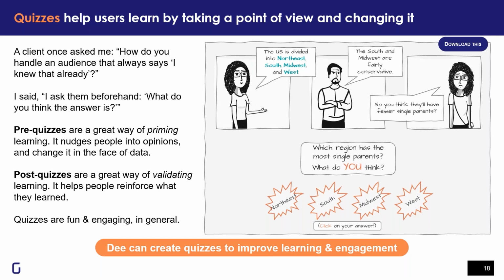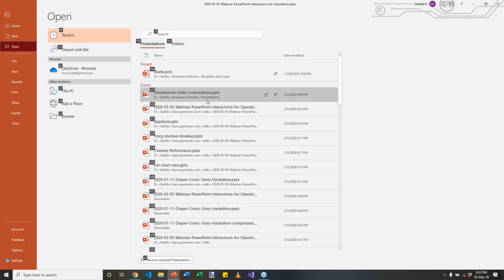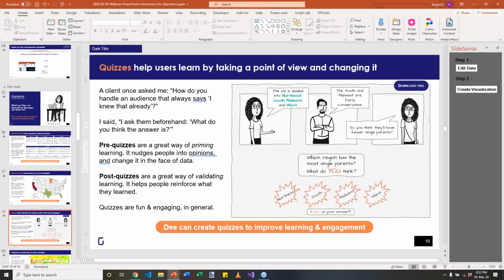It's not new information for them, but that's usually a minority. The majority of the audience usually stays silent or often gives the wrong answer. In that case, this is a great way of priming because you can run a quiz upfront and ask them for the answer. This is something that we did as part of a recent hackathon where we took the scenario of